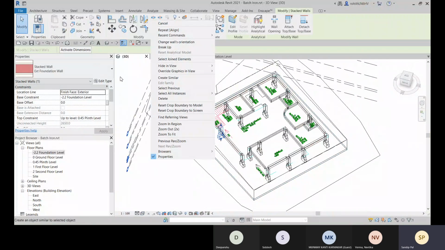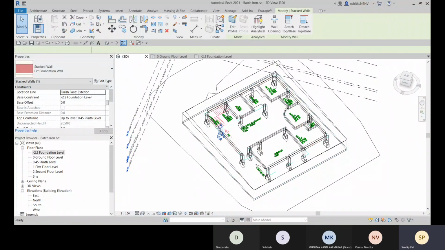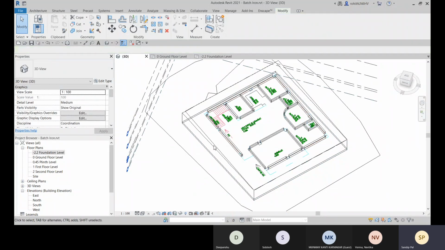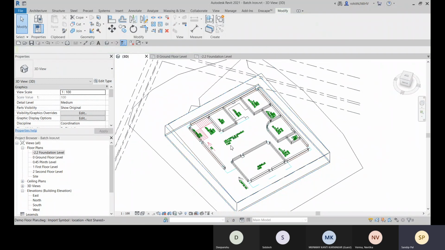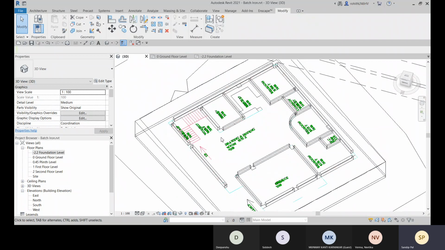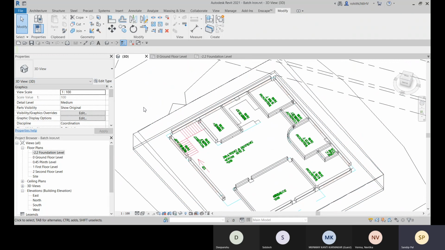This is not the proper one. Select all instances in entire project. Let me just delete it. So this way we can also place some stacked walls if it is needed. Suppose if you are applying any design also, for that also you can apply stacked wall. Okay, so later in our project we will apply some stacked wall.